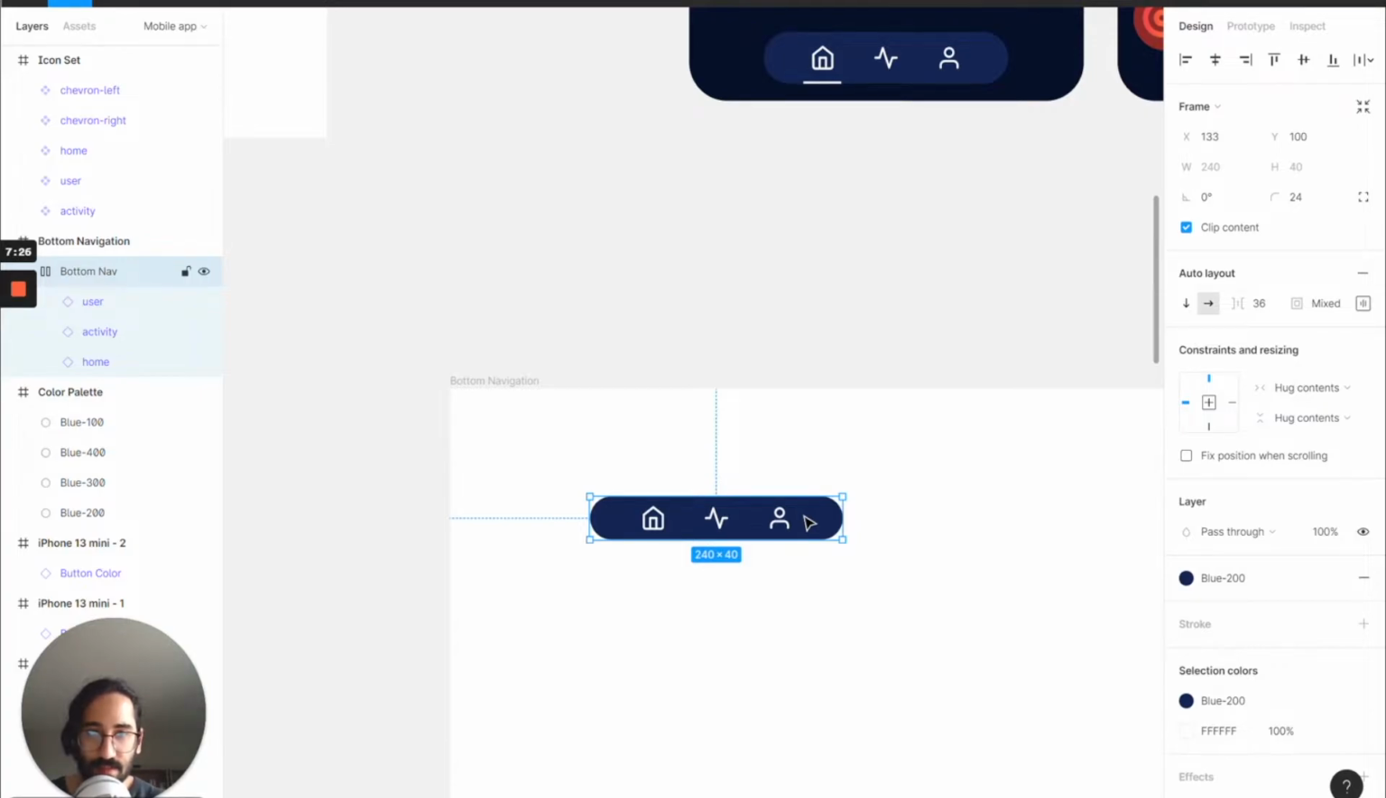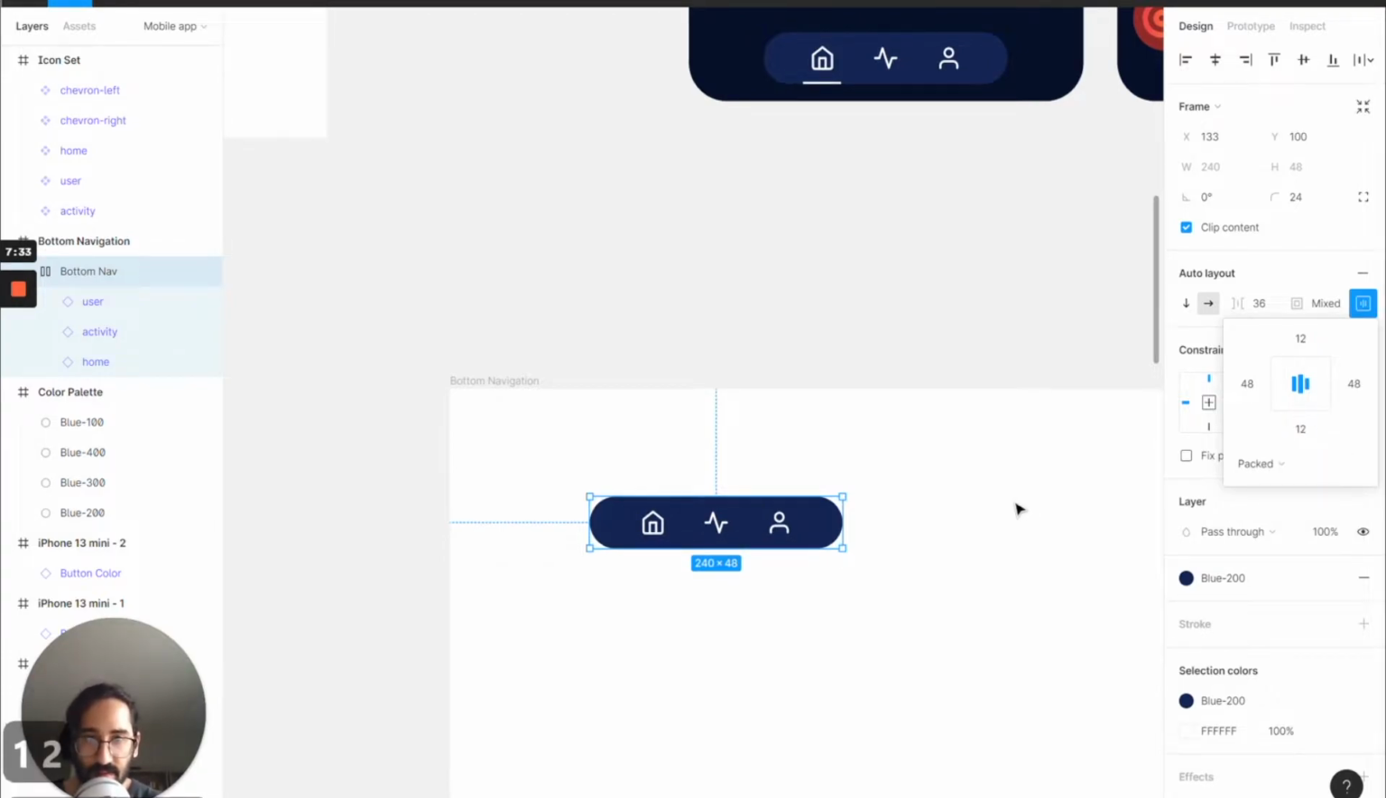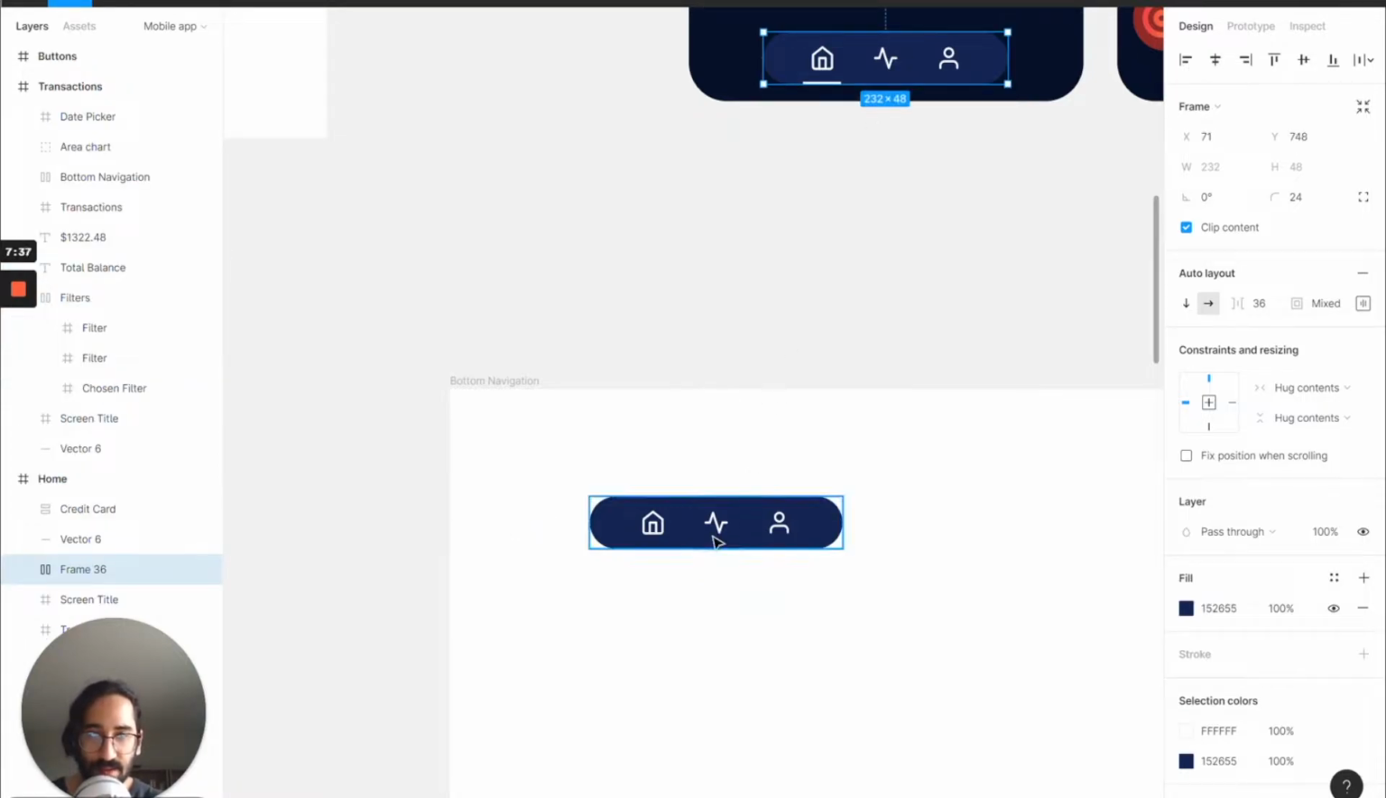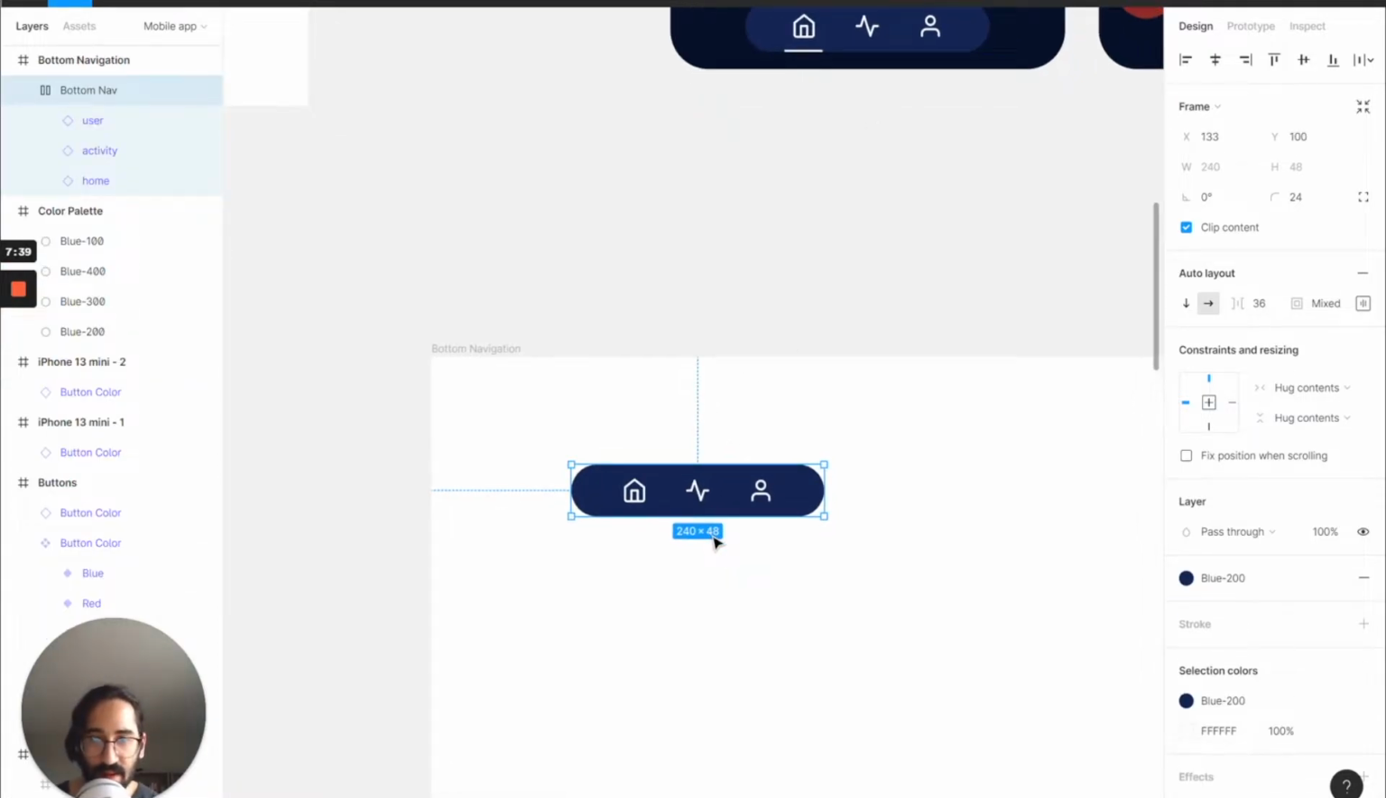Maybe too much spacing and not enough on top, so 12 by 12. Yes, that's better. That's 240. That's 232, close enough. I think that works. So once we have our frame done, we are gonna make this a component by pressing